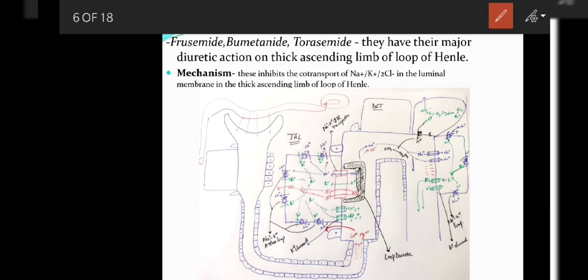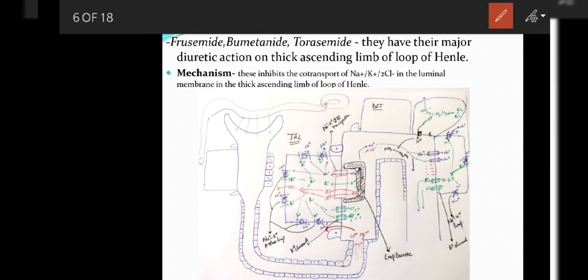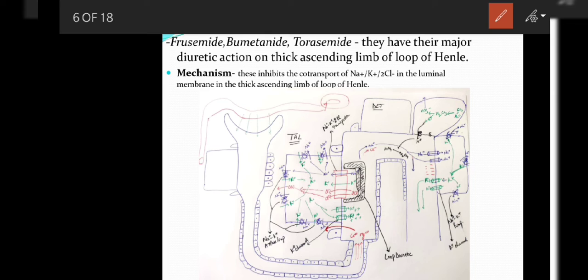Now here what happens, this proton reacts with HPO4 to form phosphoric acid. This reaction taking place will make the urine acidic. Now what we see is that this side of the lumen was electronegative, and was pulling and attracting the potassium ions. It is also helping these protons to move from the cell into the lumen, which eventually is making this urine more acidic. Now the patient will develop hypovolemia, dehydration, so in turn RAS will be activated.